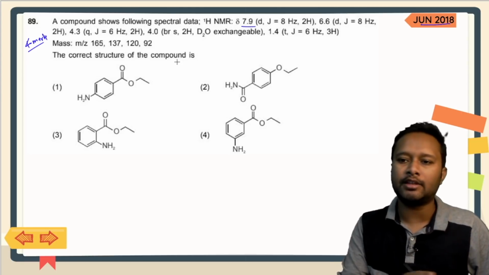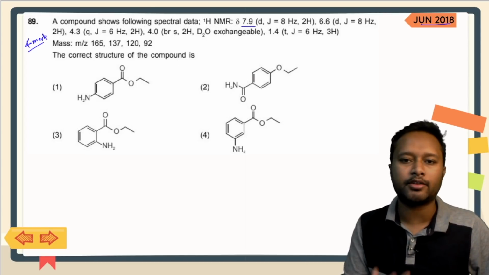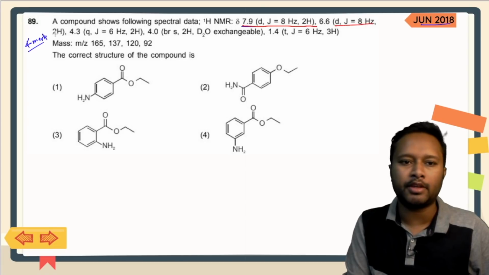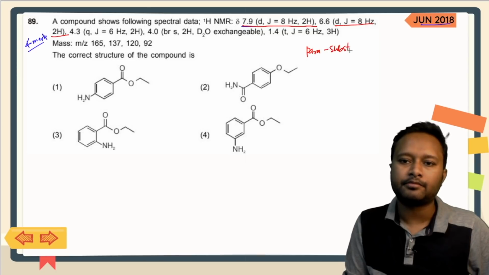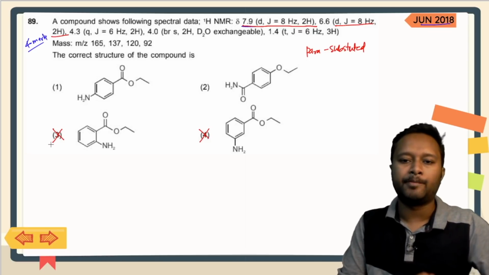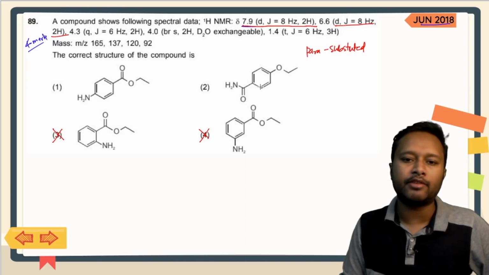Now if you have seen the video from the start, you might have understood by now that whenever we get this particular pattern of two peaks, it tells you that the molecule is para substituted. So para substituted can easily cancel out your options 3 and 4. Only the para substituted options are now 1 and 2. Now you have to look at the other peaks, which are not going to help you in any way. The only peak which will help you is the NH2 peak over here. Now for the NH2 peak, how are you going to understand which peak corresponds to NH2?